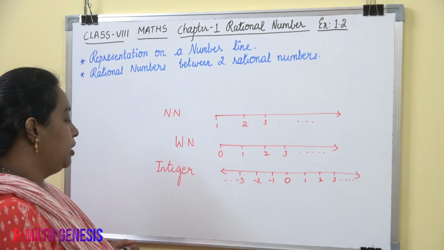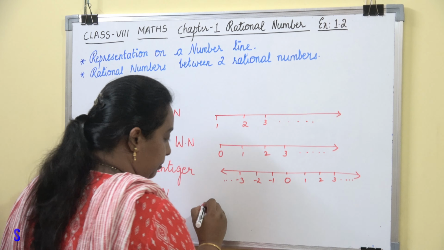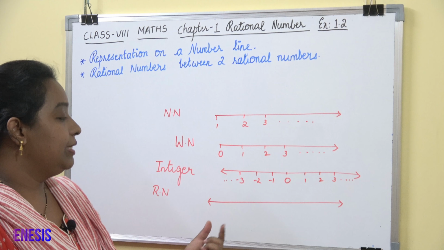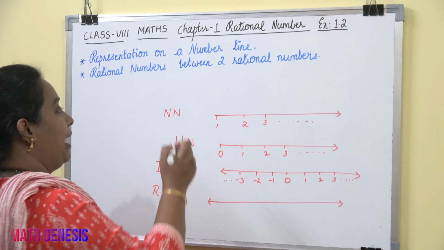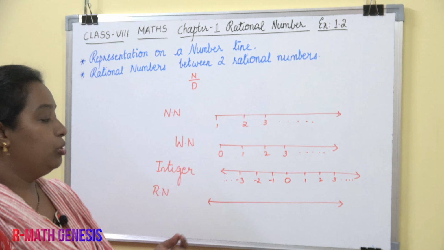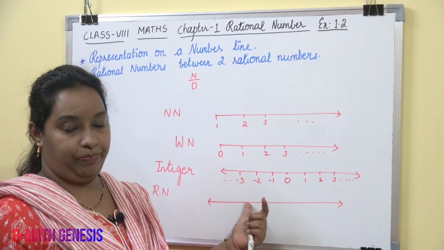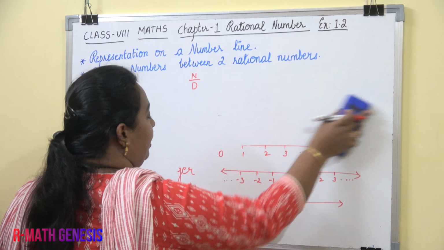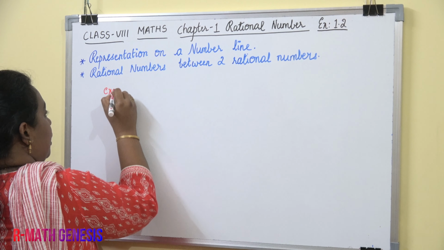Next, representation of a rational number. Now for a rational number, if you take a number line, to represent any rational number on a number line, a rational number will have what? It will have a numerator as well as a denominator. So this representation is a little different compared to the other number systems. For example, if we want to represent some number on a number line,